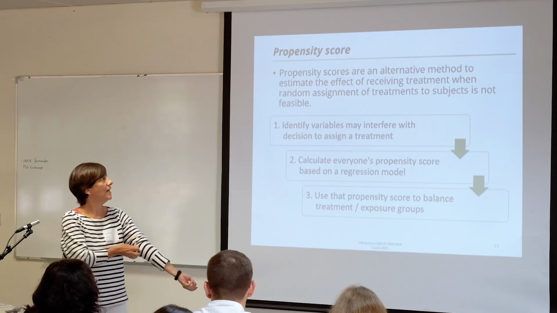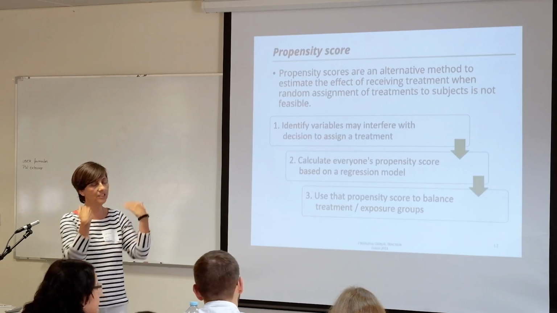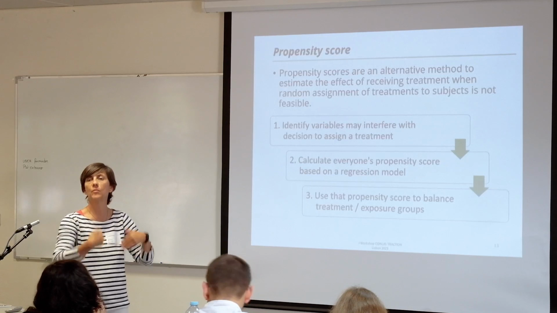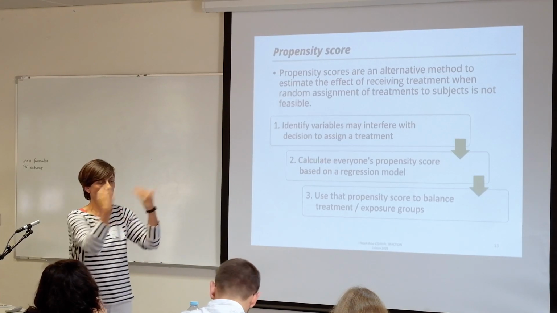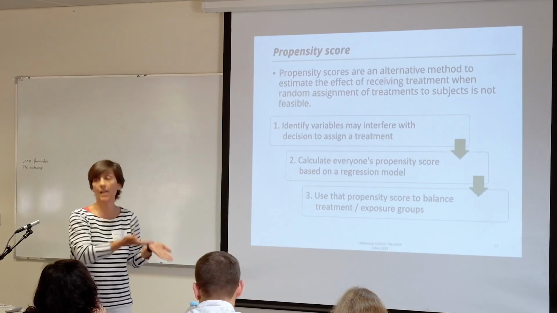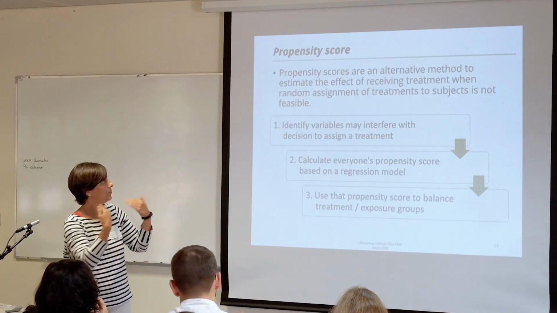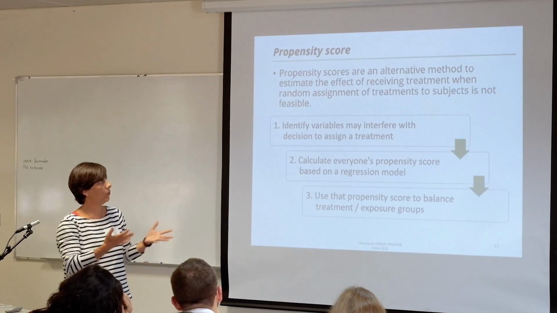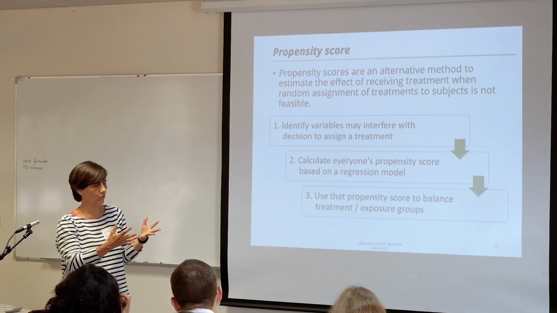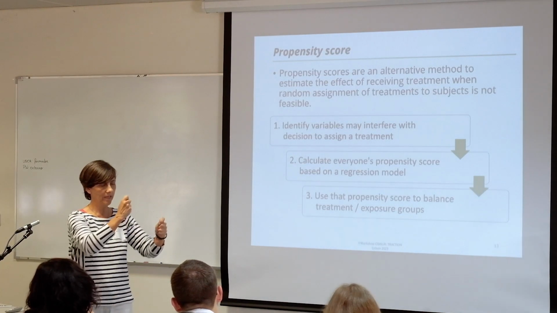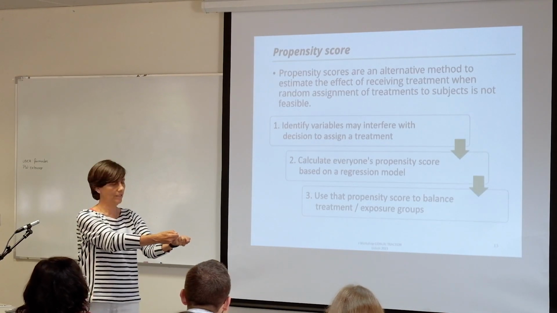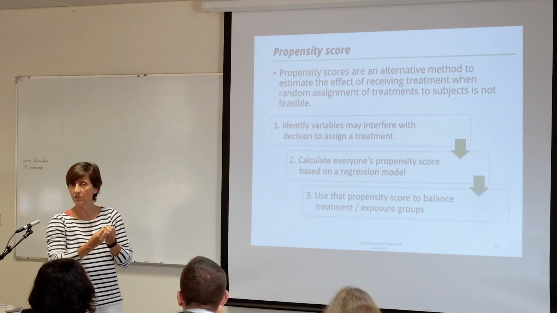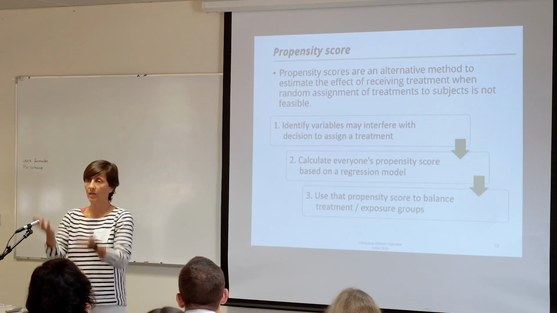Propensity means that you have a higher chance to give a treatment to somebody who needs it. In real life, you don't give treatments at random. You just give them tailored, right? So the propensity score would be a way to find what is the probability of you giving a treatment to a patient, right? And then using that information to match or adjust.